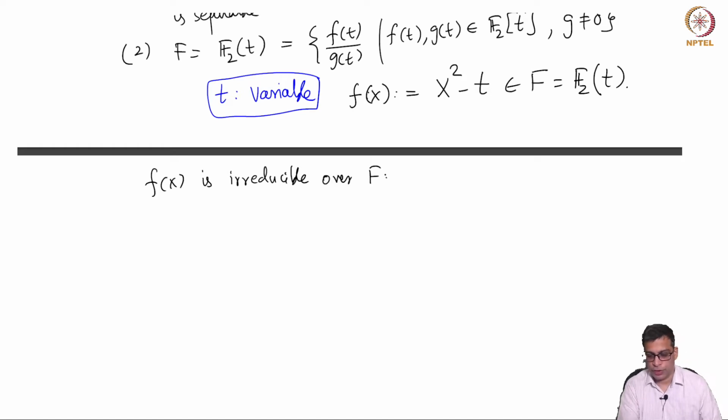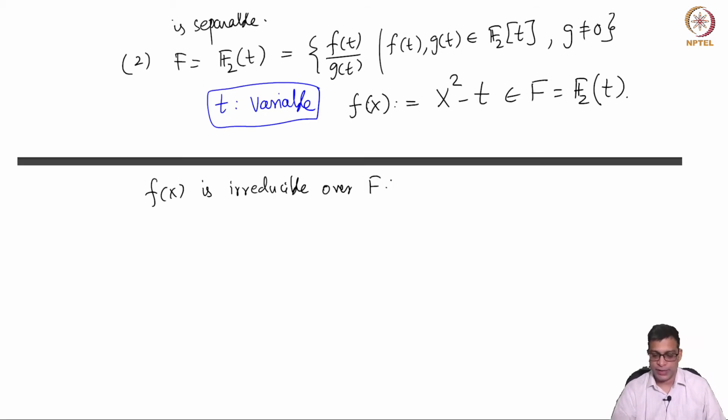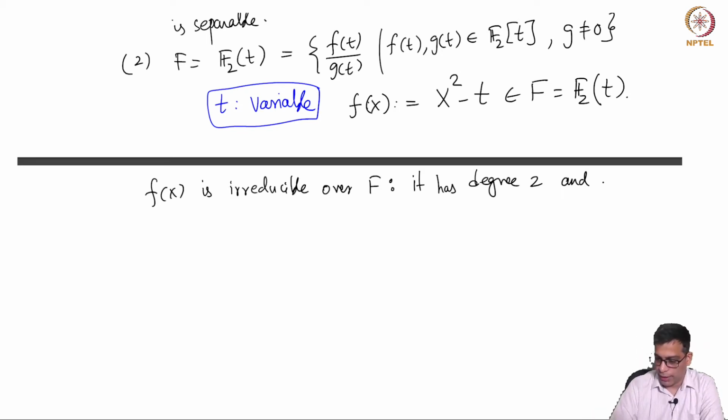over capital F. This is a bit confusing, but if you just pause and think for a minute, it will become clear to you. It is irreducible, right? Because it has degree 2, and as we discussed some time back, any degree 2 polynomial is irreducible if and only if it has no roots. It has degree 2 and it has no roots